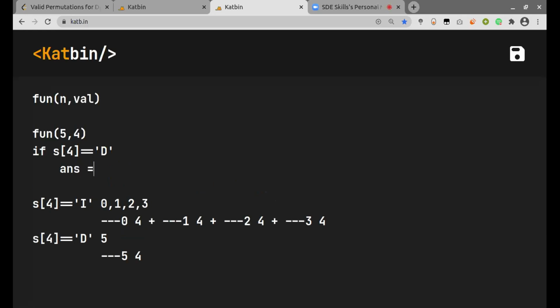So our final answer will be fun of n minus 1, since we need one less length sequence ending with 0, since we need a decreasing one, and this same thing will be repeated for all other values which are less than 4.